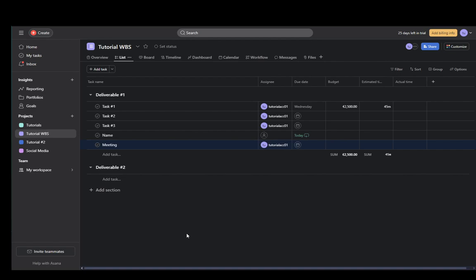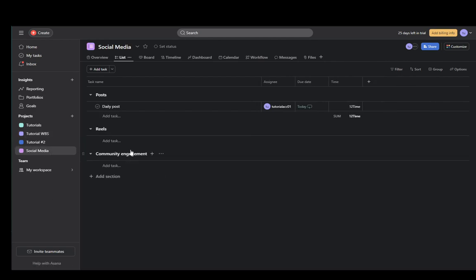Now, Asana is basically used for scheduling and task management, so it could be applied to pretty much anything, as well as, of course, media management if you want to do so. And let me just show you a project that I have created that is sort of concepted around, of course, social media management. Now, if I go here, as you can see, I have added some sections and some